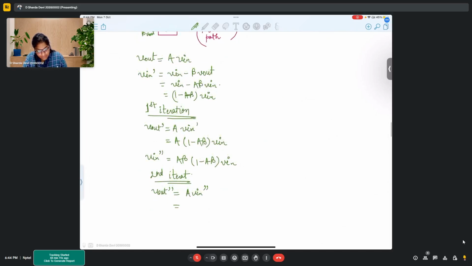So this becomes A²β(1 − Aβ)V_in, and V_in triple dash